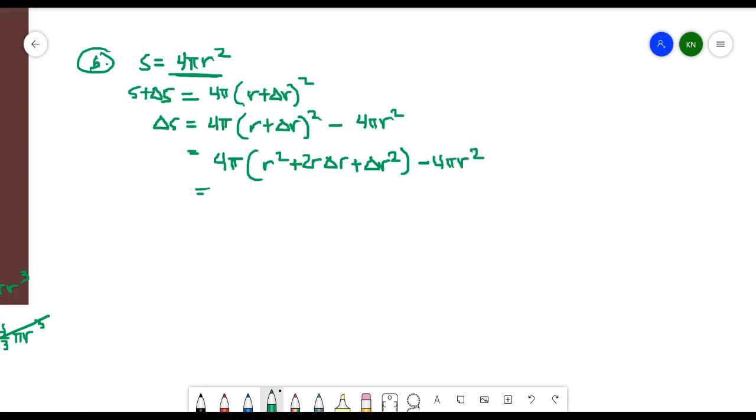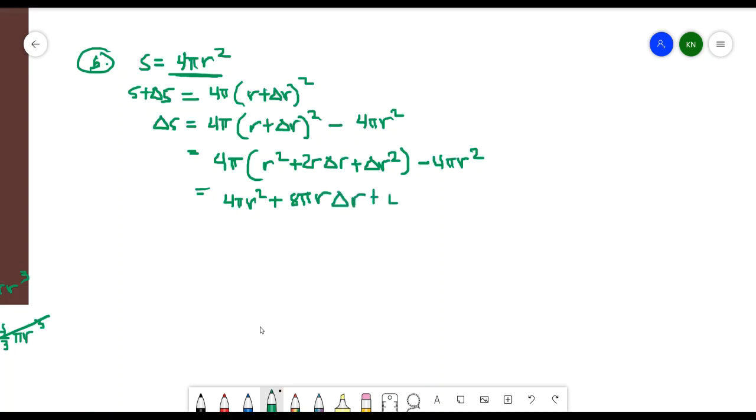Again, distributing 4 pi to the terms inside the parentheses, we have 4 pi r squared plus 8 pi r delta r